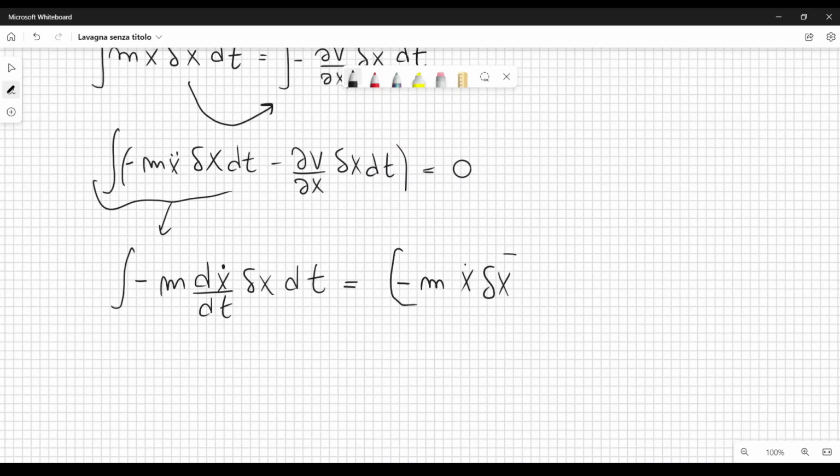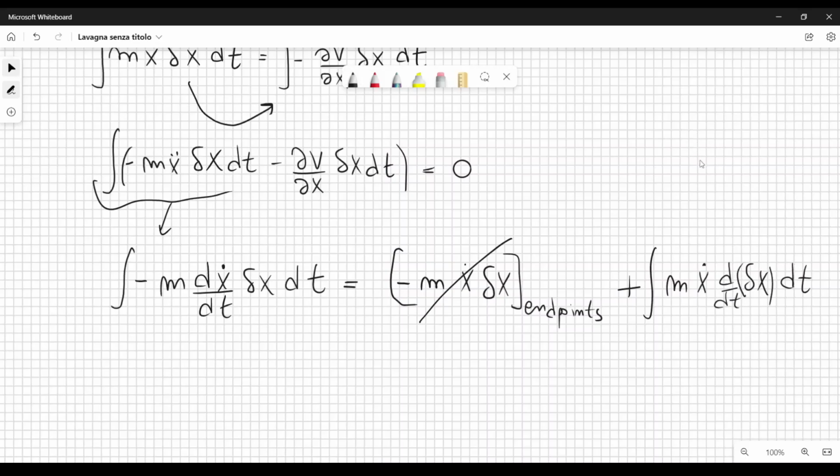and we have to evaluate this at the endpoints of our integral. But remember that at the endpoints, when we want to consider the variational principle, this variation here, delta x, is equal to 0. So this will give us no contribution. Then we have plus the integral of the mass x dot, and then we have the derivative of the variation of x dt,